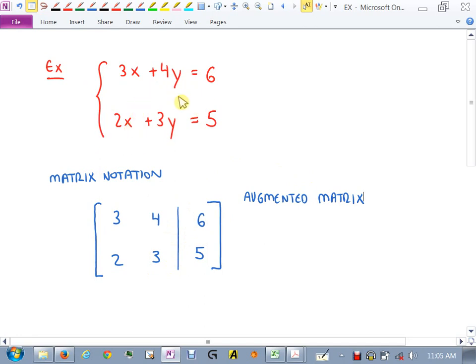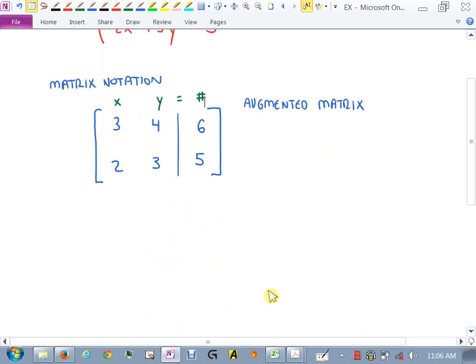The augmented matrix represents a system of equations. Do you see that it's just this, but you just don't write the x's and y's and you don't write the equal signs, right? So we want to keep in mind that this column of numbers represents our x's, this represents our y's, this represents like an equals, and this represents the constant, or the number that's on the other side of the equation. So when we use this notation, we can do everything that we did before. All right? Just don't have the x's and y's and the equals. All right? Question?